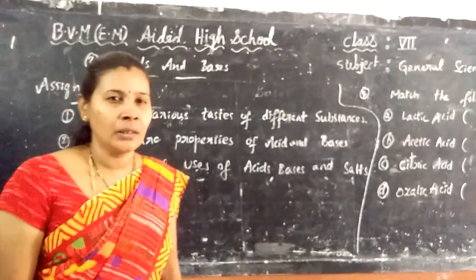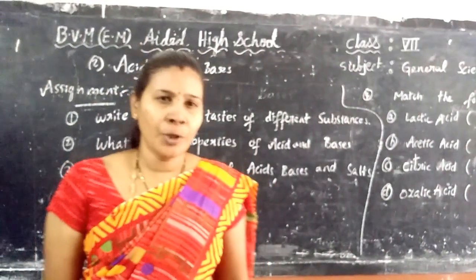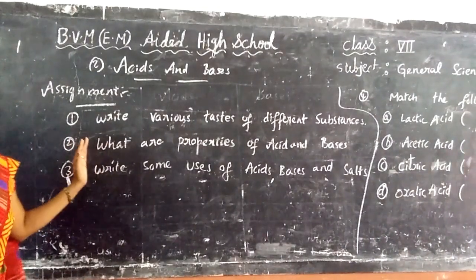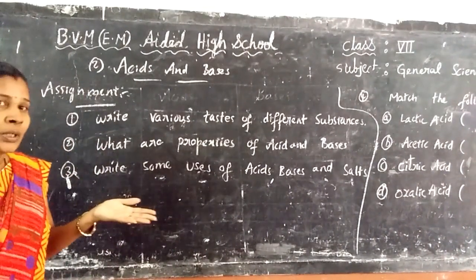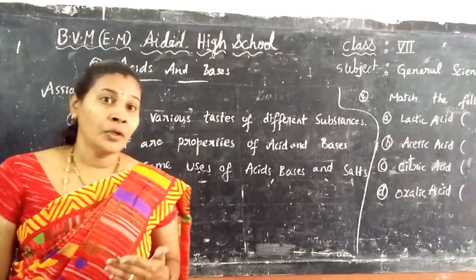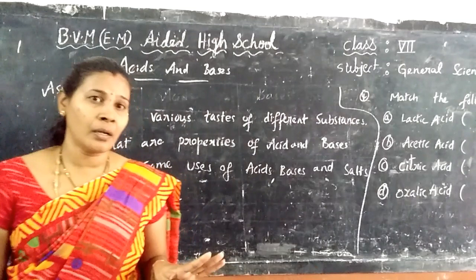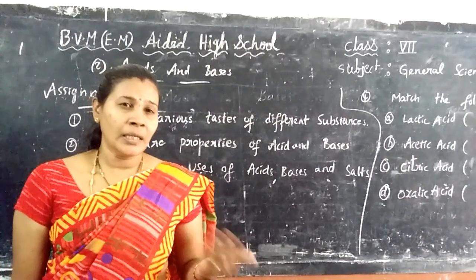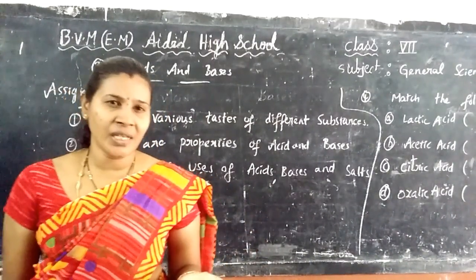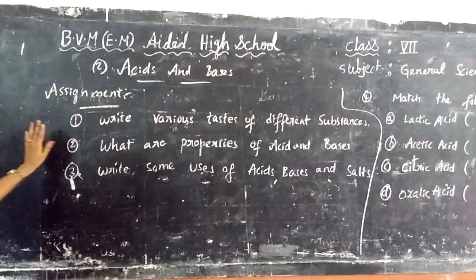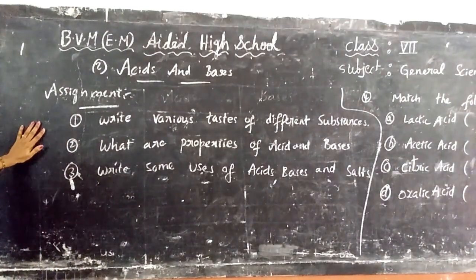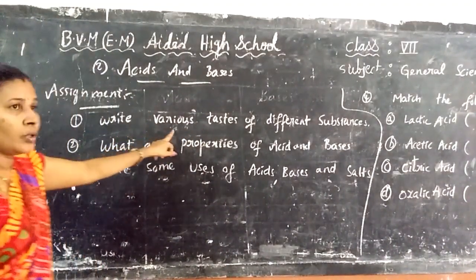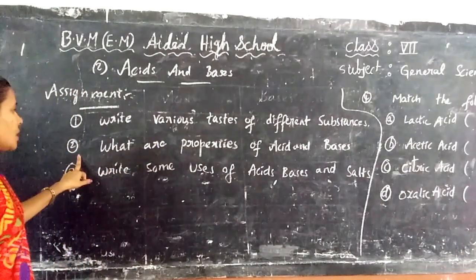Up to now you have listened to the lesson. I hope you understood the lesson. From this lesson I have given some questions. Read carefully, and if you have the textbook, read the lesson once again. If you don't have the textbook, no problem at all. Watch the video of the lesson carefully and revise yourself once again. You have to write correct answers for these questions. First question: write various states of different substances. Now only I told in the recap. Next, second, what are